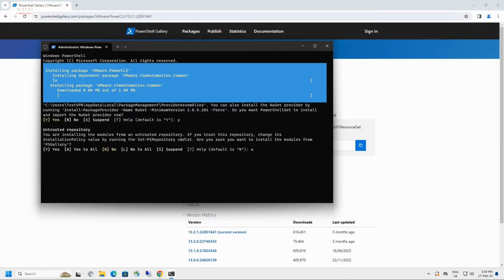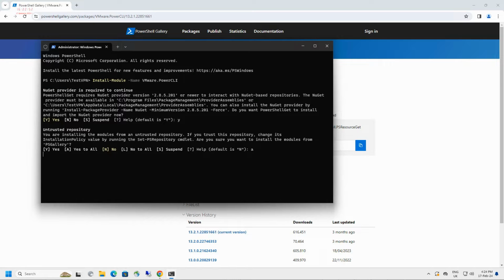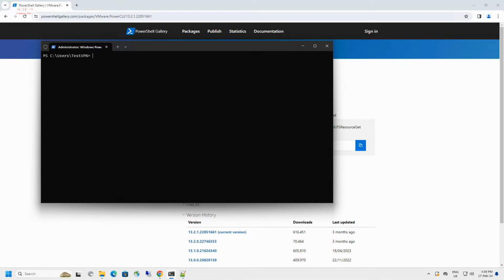Installation gets started and you have to wait a couple of minutes. Installation has finished. Try to import module to your PowerShell